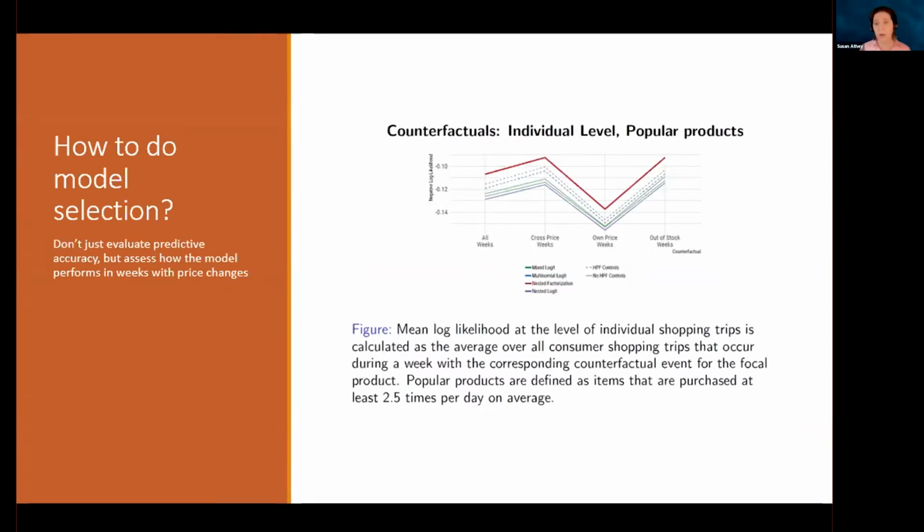What we do to compare is we compare our model of jointly estimating across all categories with category by category models, where we estimate, in this case, 130 different nested logits, one separate for each category. The 130 different models actually have a lot more parameters, but they don't share information across. And so what we see is that using fewer parameters and sharing information across works better, both for prediction, straight prediction, as well as for seeing what happens on weeks where there's price changes or when things go out of stock.